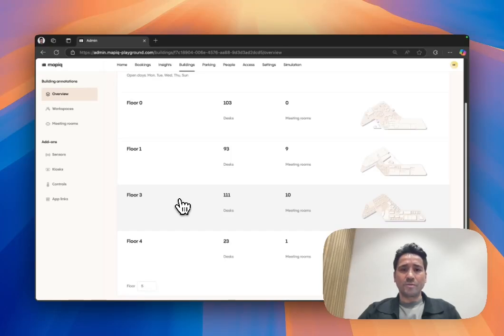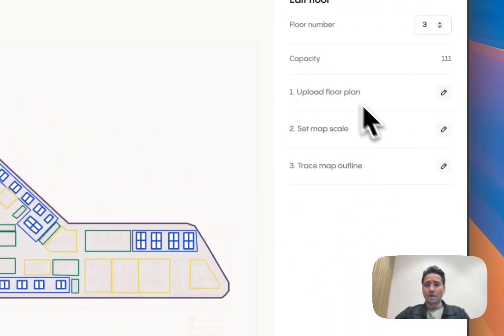It's important to have your map scale set correctly. If your floor plans indicate dimensions, you can use those to set the map scales. To verify how map scales have been configured for your floors, open up a floor, go to the right hand